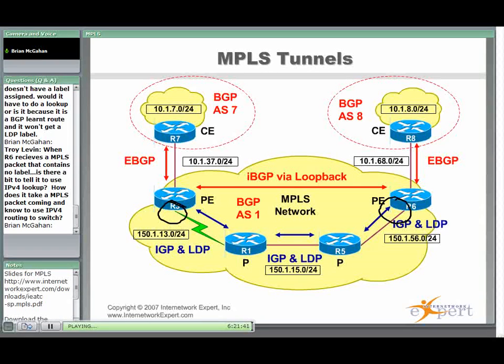Then for the actual forwarding table, we're going to look at the MPLS forwarding table. You also need to correlate this with the IP routing table on the router that is doing the imposition. So the provider edge router, you're going to look at the IP routing table in addition to the MPLS forwarding table. We'll look at that tomorrow when we look